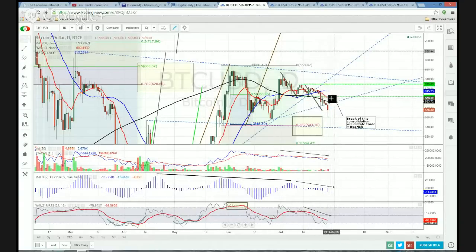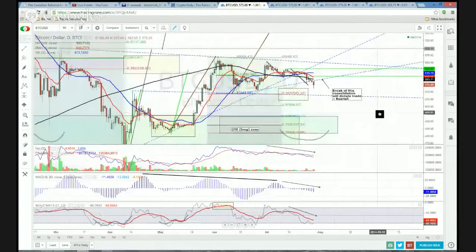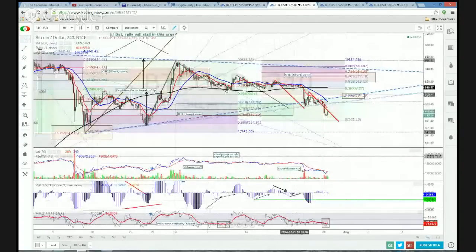All these moving averages represent sell levels. All of these represent where open orders and stop orders are sitting. So this is going to be a very high traffic zone going forward. So if we are under the impression that we're heading lower,